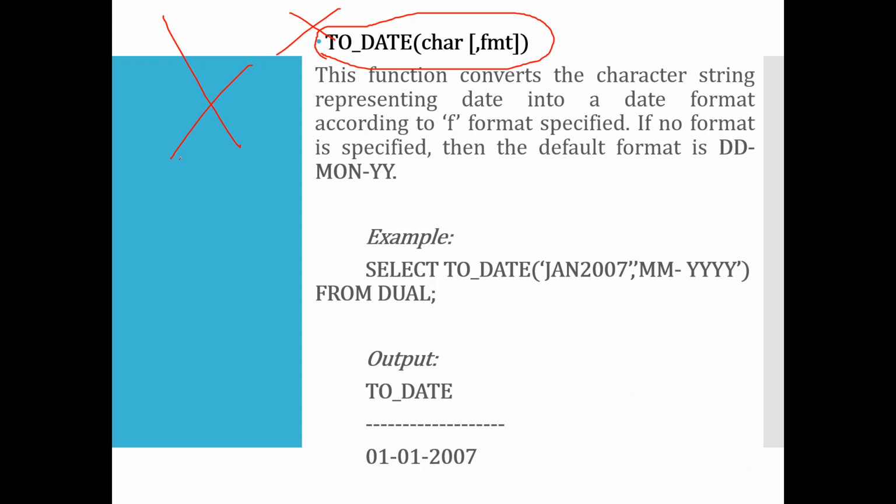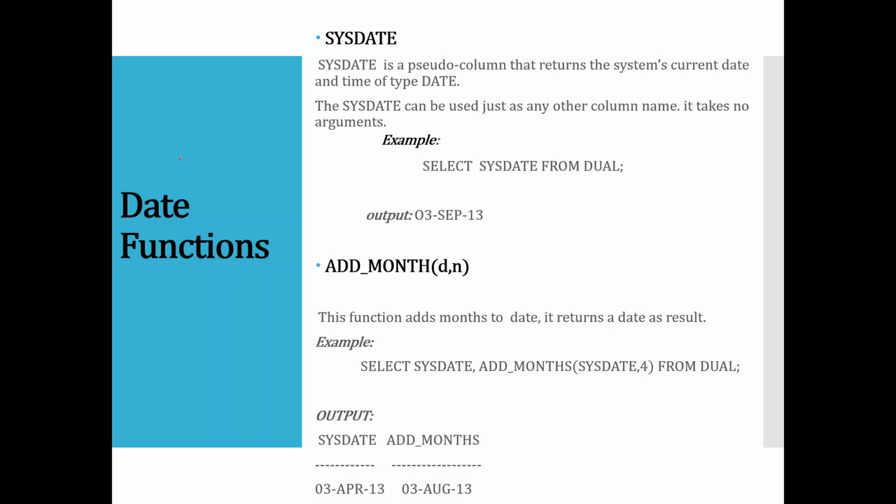Okay, fine. So let's go with the last function, that is date functions. We are not using date functions that much in our queries except this function. Only this function is used many a times. Sysdate means system's date. Whatever is today's date, if you want to find out today's date, you will write down sysdate. That's it. So select sysdate from dual. It will provide whatever the date of your system is as an output.